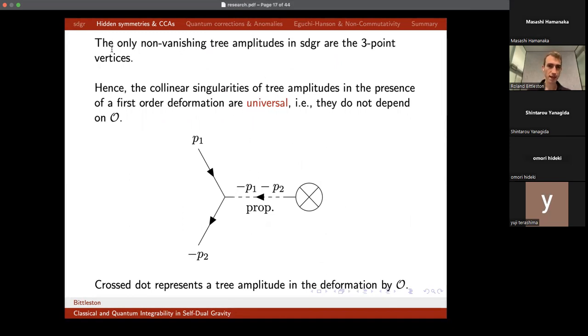The idea is that the only non-vanishing tree amplitudes in self-dual gravity are the 3-point vertices. And it's just a plus to minus vertex. This is not completely obvious to see. There are trees you can draw which have more endpoints, but it turns out they all vanish. You can show that they're all 0. And so the only non-vanishing amplitudes are the 3-point vertices. So then, if I consider an amplitude in a first order deformation of self-dual gravity, and then I take